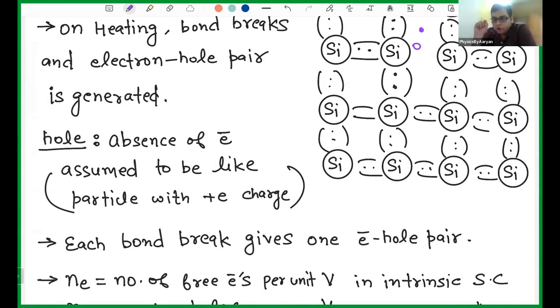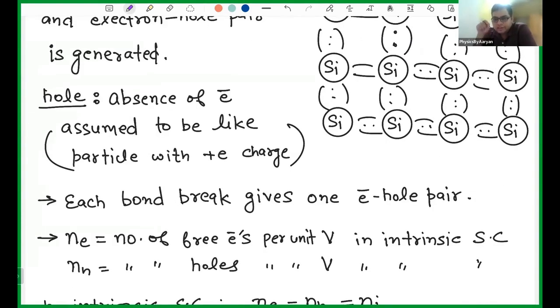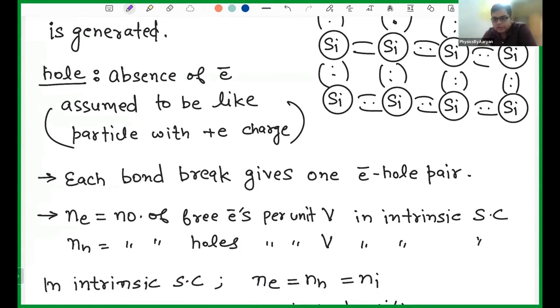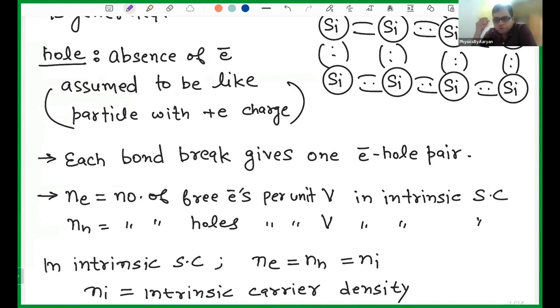So in pure semiconductors, in intrinsic semiconductors, the only thing that is producing charges is heat. Because of the heat, these bonds are breaking and we are getting two things: one is holes and one is electrons. A hole is nothing but the vacancy, some position left where an electron can come and sit. But in semiconductors, we usually assume the hole as a positive charge because it's easy to deal with. So you can just imagine that a hole is a positively charged particle which has the charge